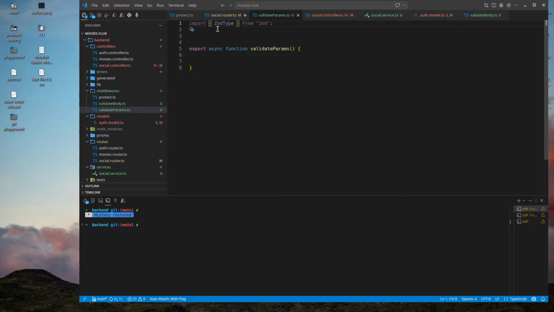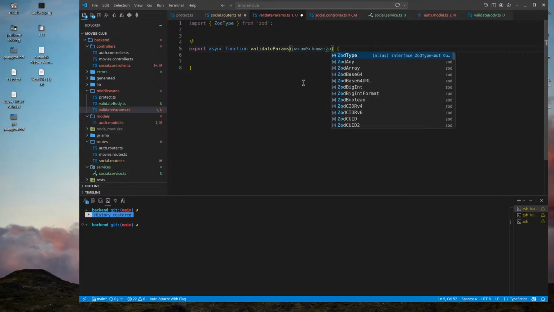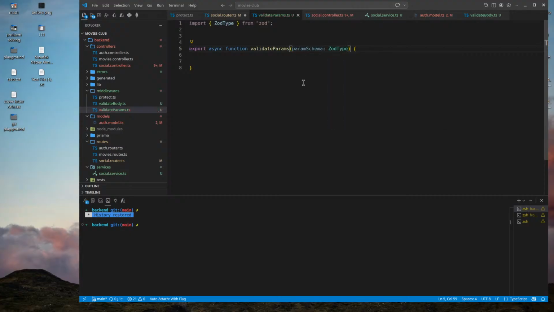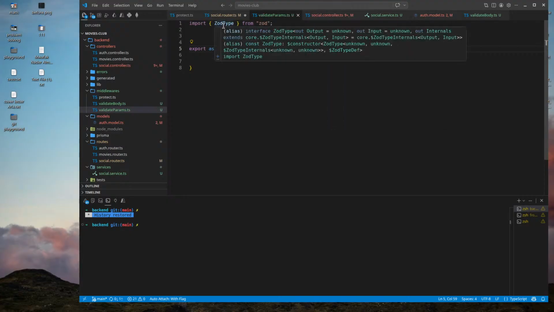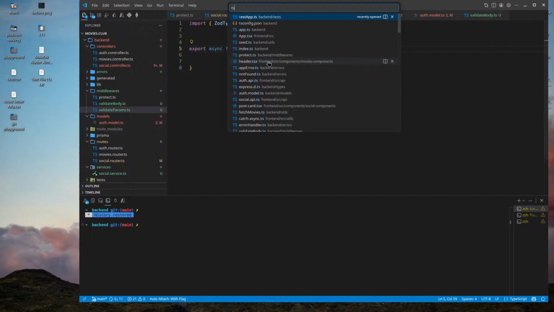That's weird. I should use type for both of the other types. That's really weird.